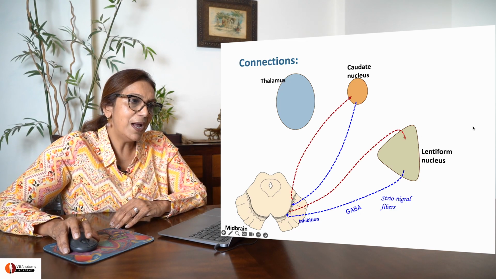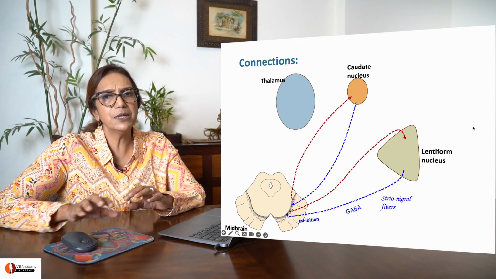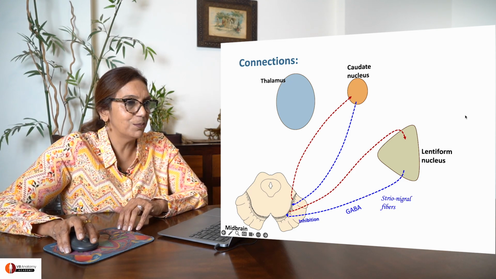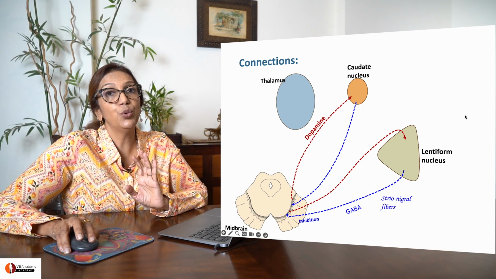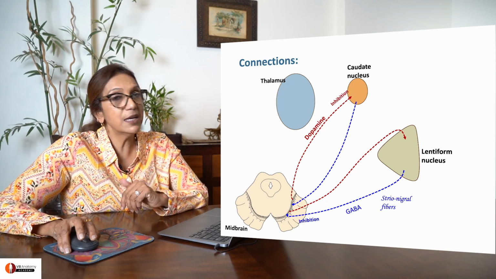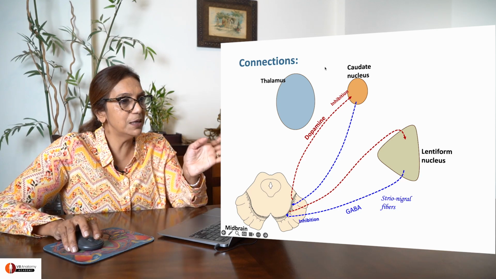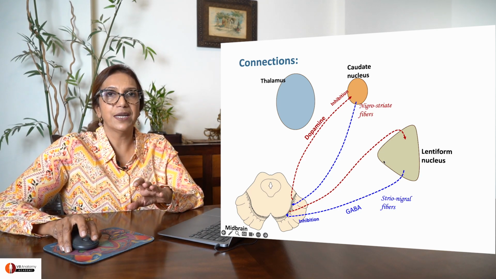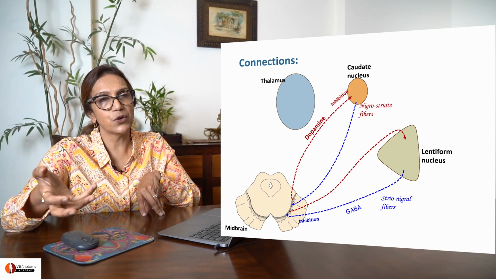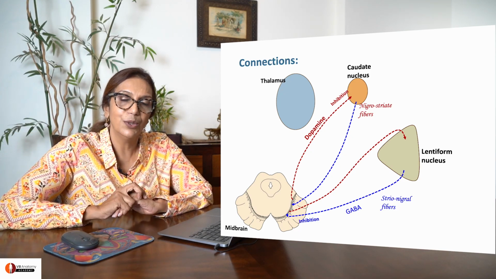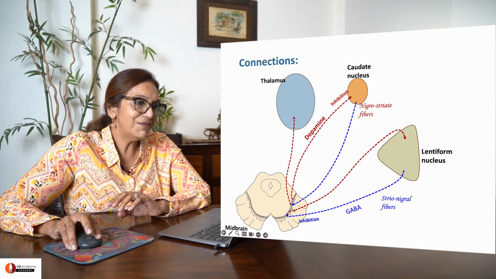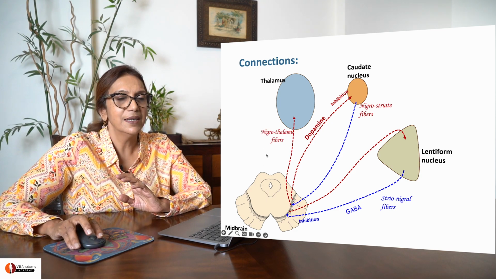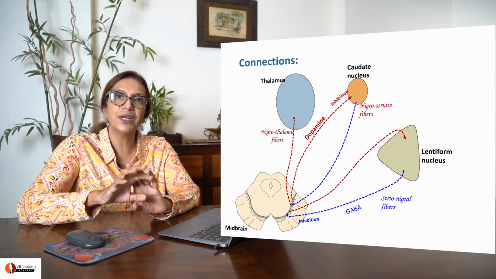Similarly, the pars compacta gives rise to fibers right back. Okay, so they go to caudate nucleus, they go to lentiform nucleus. They contain dopamine, which is again inhibitory to the corpus striatum. It is inhibitory to these nuclei. Okay, these are called nigrostriate fibers, from substantia nigra to the corpus striatum. Note that some fibers also go to the thalamus. They are called nigrothalamic fibers. These are connections of the substantia nigra.